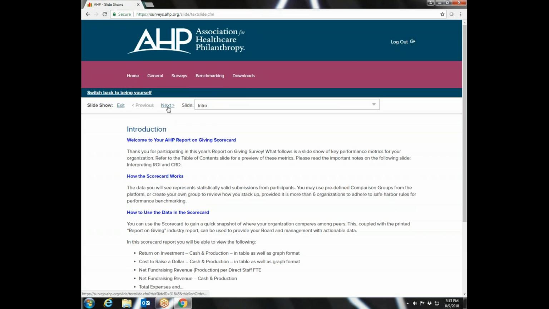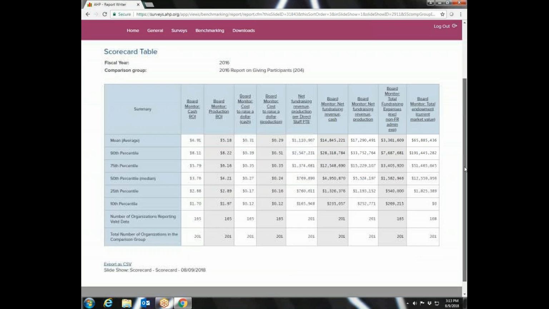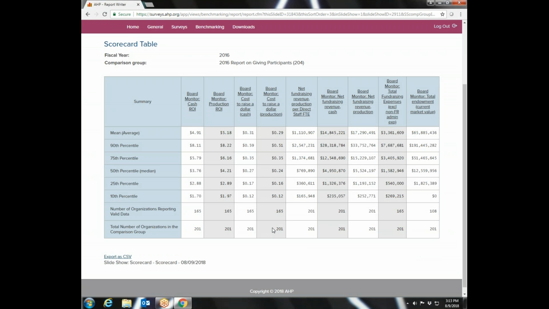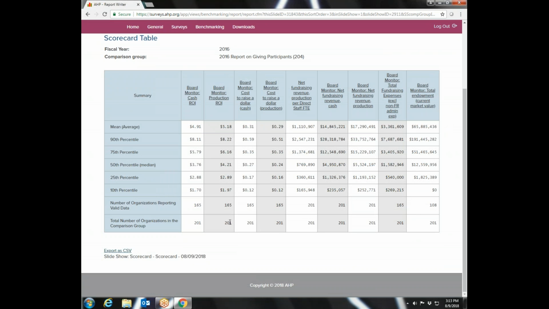And again, you can hit the next button here, or you can just choose what you want from here. So I'll go back to that scorecard table. The group that we've set up, if it doesn't have any information, which the demo hospital looks like it does not, then it's not going to show across here. But basically, there would be a yellow line across here, and it would show all of the information from your organization, along with the mean, the median,